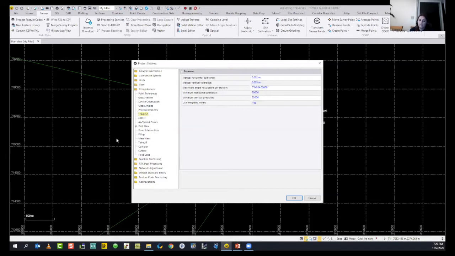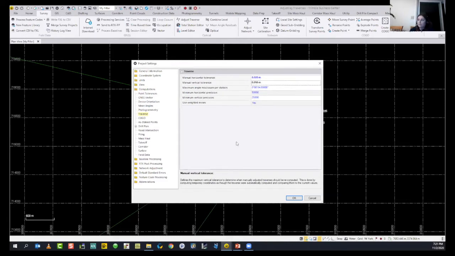Since we are interested in the horizontal tolerance, I will set it as, this is just a sample, you need to decide it yourself, 0.02, 2 centimeters to 5 centimeters.